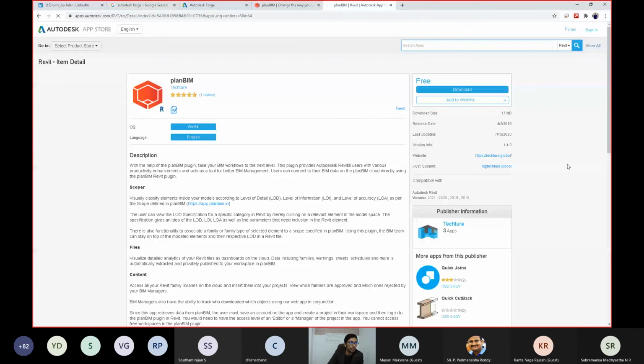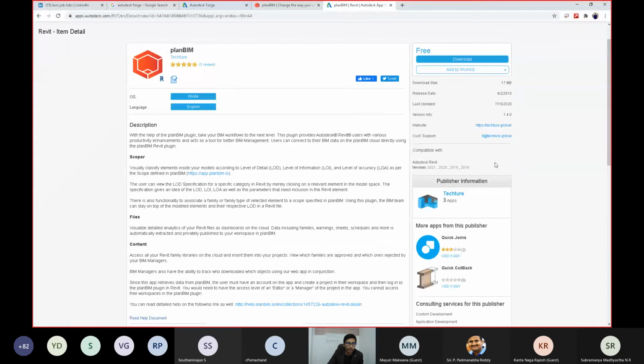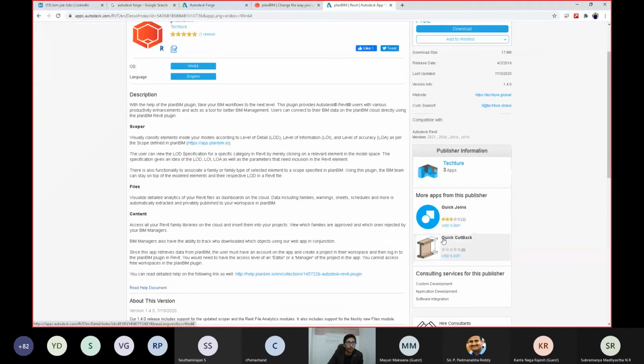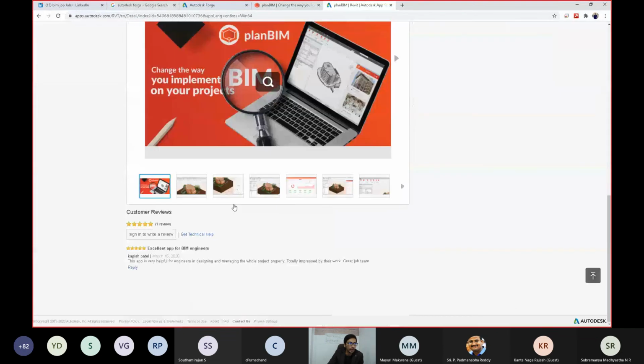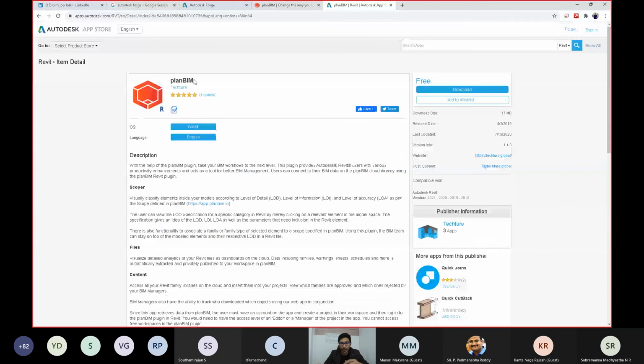And you see over here, this is Plan BIM. The release date, it's by Texture. There are some more plugins over there. These plugins are workable with Revit, not with BIM 360. This plugin is workable with Revit and also with BIM 360. You can also find a Planoly plugin.